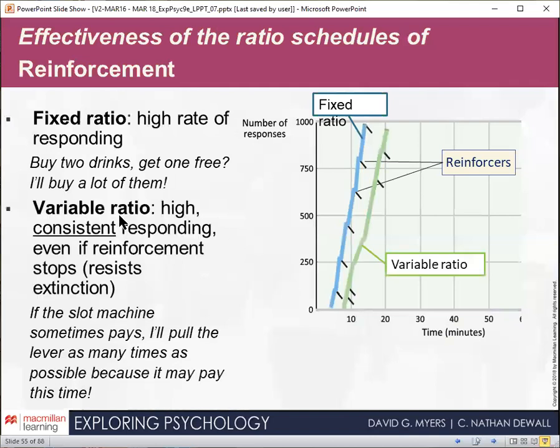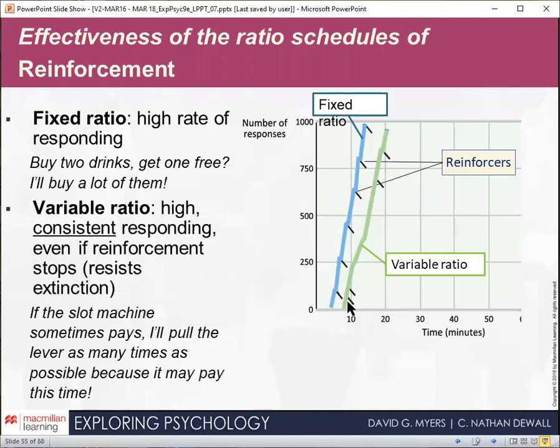Then we have variable ratio. This is one of the most powerful ones. High, consistent responding, even if reinforcement stops. This particular schedule of reinforcement, this variable ratio schedule, is resistant to extinction. All right. If the slot machine sometimes pays, I'll pull the lever as many times as possible because it may